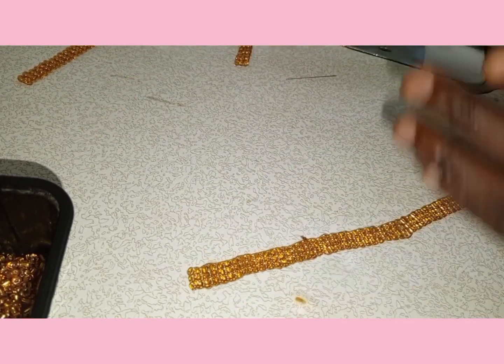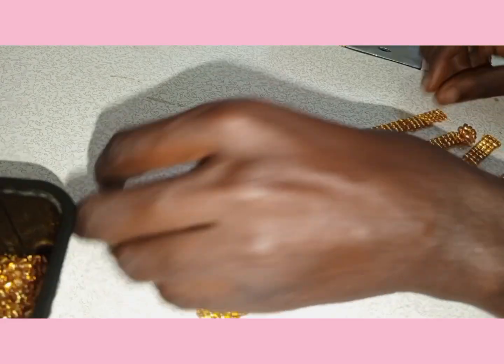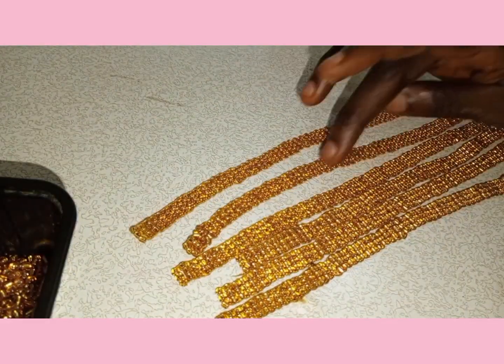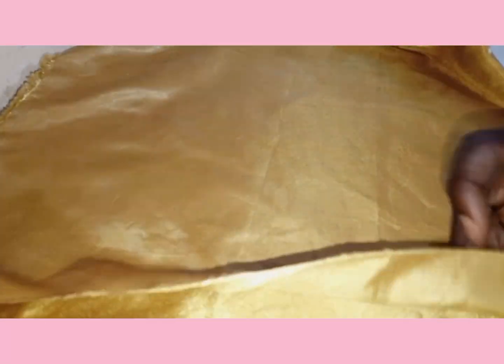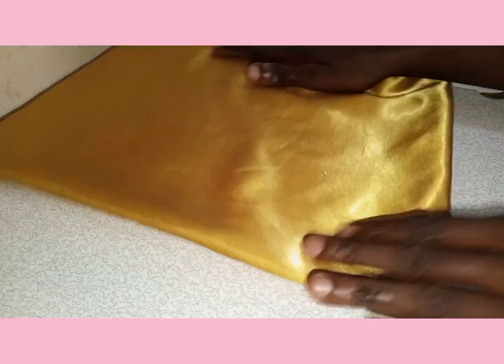I made 6 of this structure. You can increase the number of structure as you please, but I made 6 of it. Now the next thing to do is to try to cut a pattern. I'm using this fabric just for the pattern. It's not compulsory you use a fabric. You can use a pattern paper, and you can eyeball your cape if you are good at eyeballing, but I'm